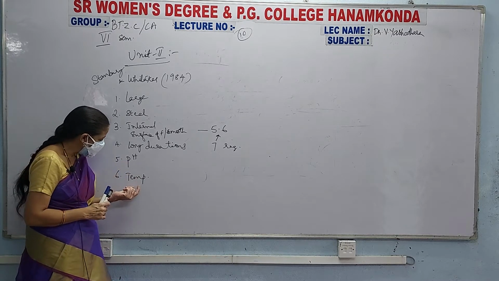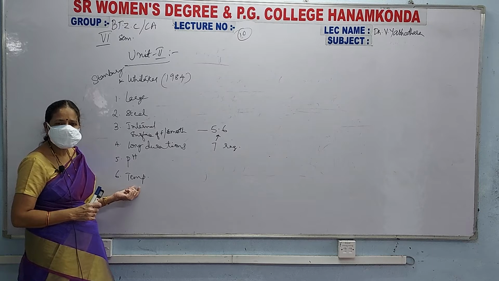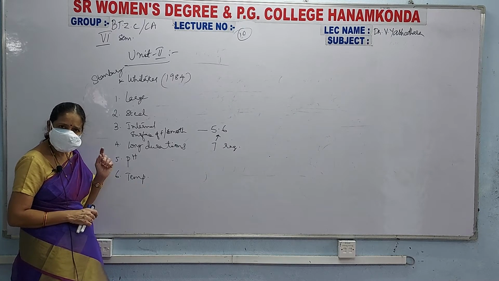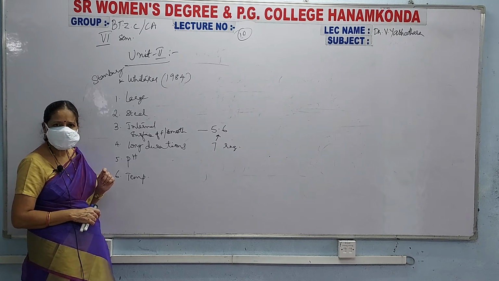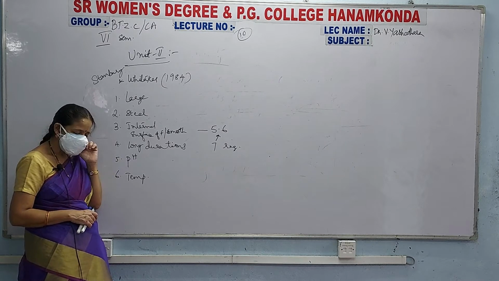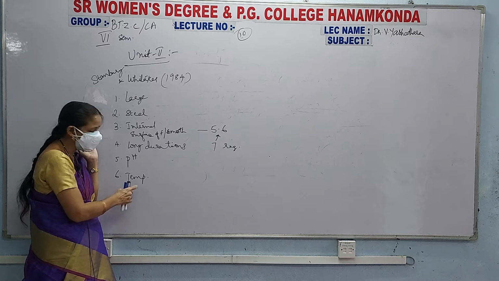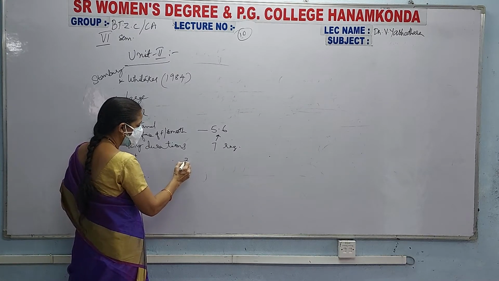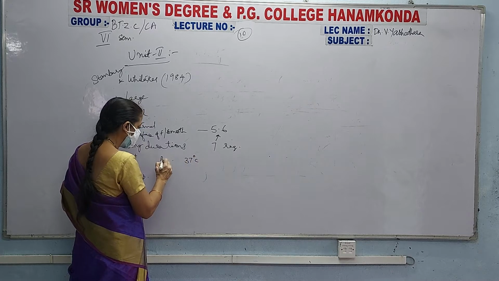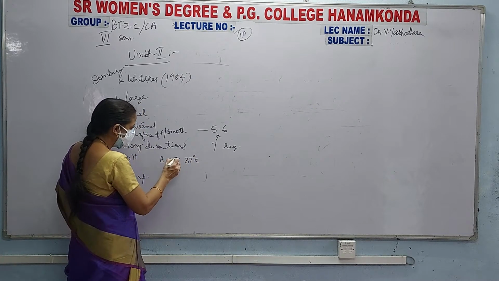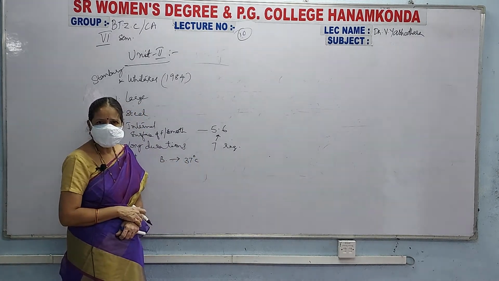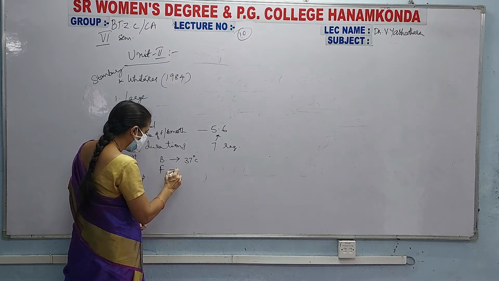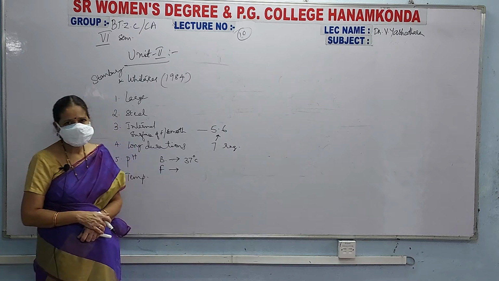Next one, the temperature. A temperature checking device should be there, and it has to check the temperature of the medium in the bioreactor or fermenter, and not only that, it has to regulate the temperature. See here, if you are growing microorganisms, that is bacteria, the optimum temperature for the growth of bacterium is 37 degrees centigrade. Suppose you are growing a fungal organism for the production of antibiotics,